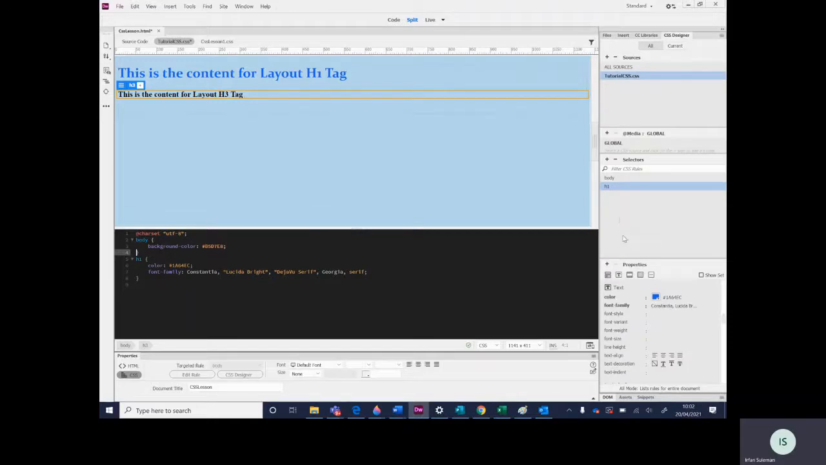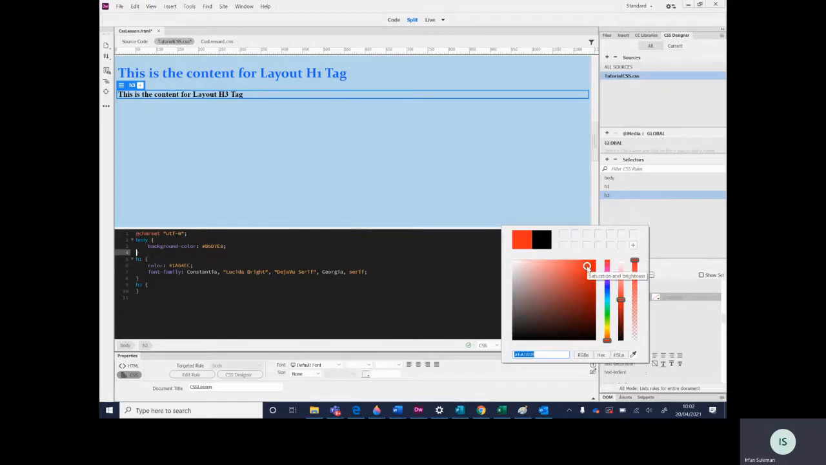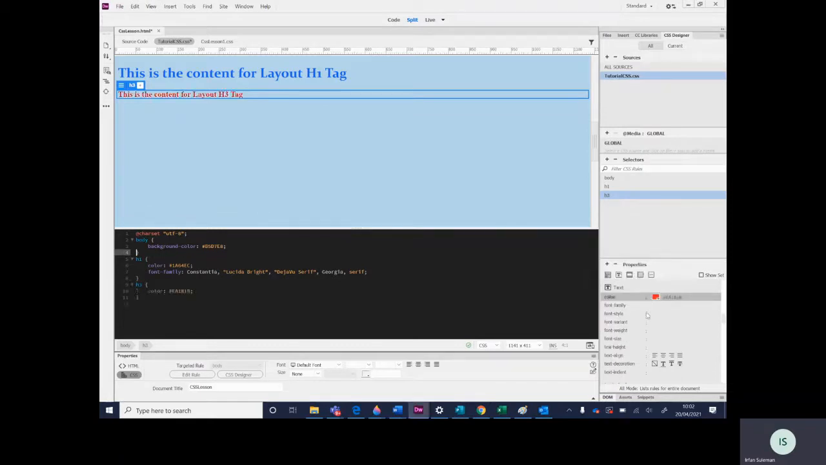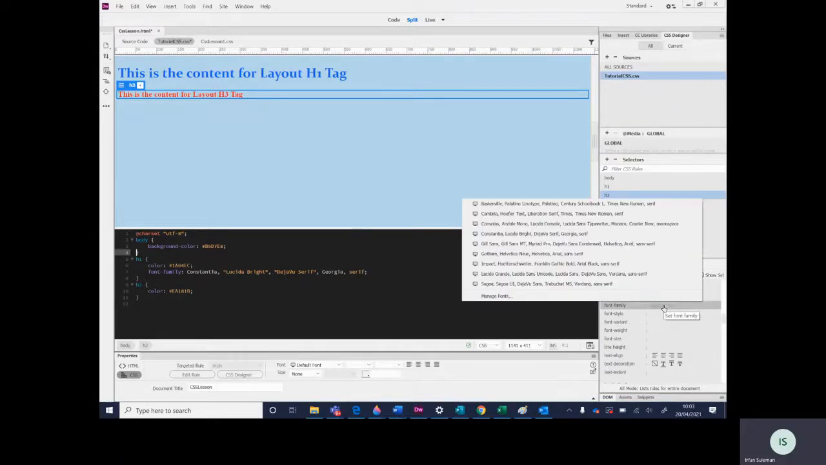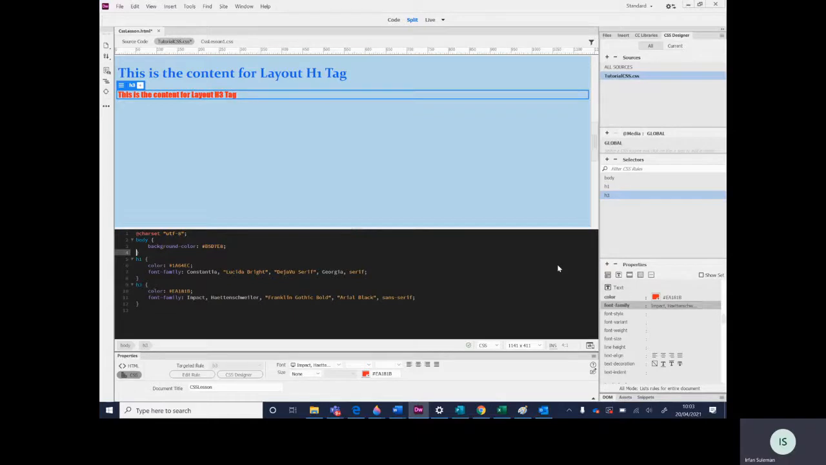So CSS Designer. And this time I'm going to add selector. It's asking me what. It says body H3. I'm just going to call it H3. Okay. And then once I've done that, I want the color of H3 to be red. Okay. You can see it's changed, and I want the font family again to be something slightly different. I want it to be that font,